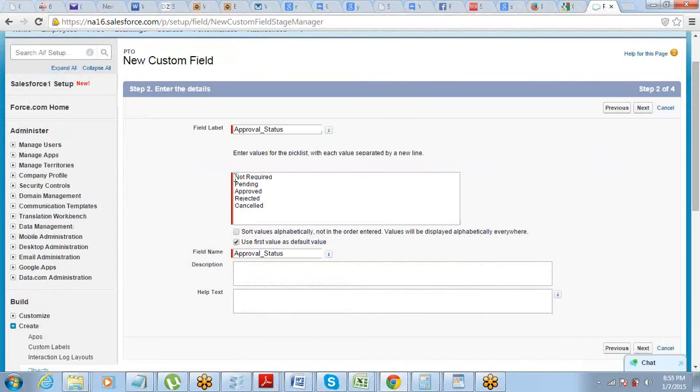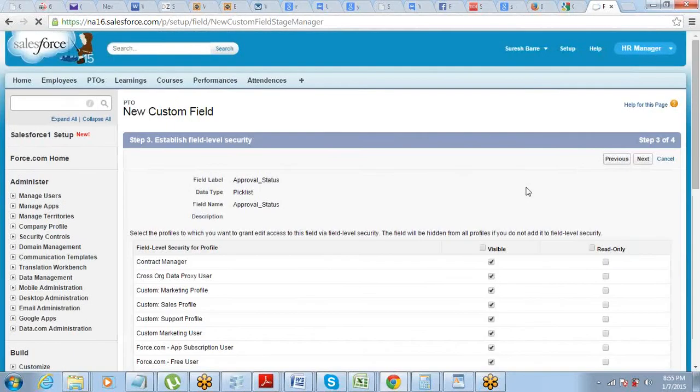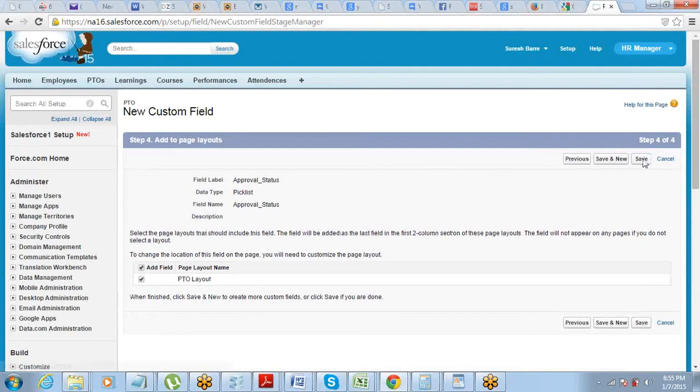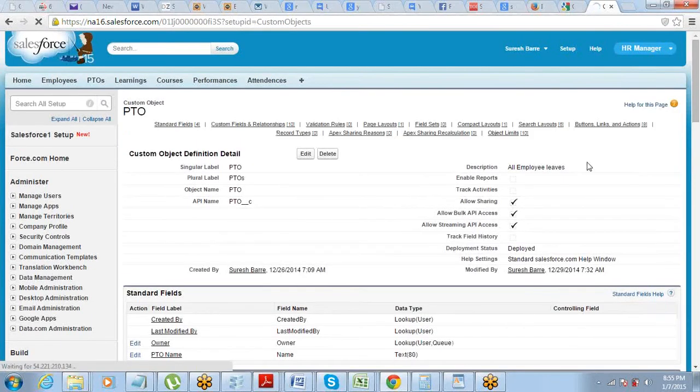So we have these fields, we'll add a field here. The data type that we are going to select is pick list, right? So let's have this field here. These are going to be the options. Copy and paste. Pick list is the field type. Name of the field is approval status.